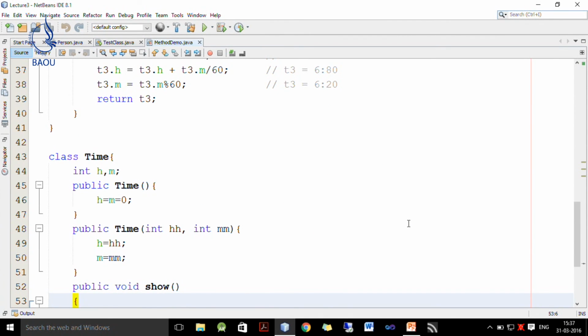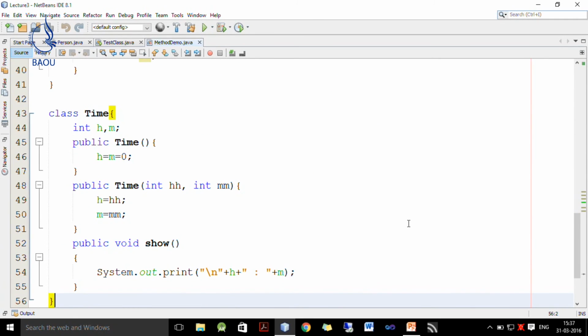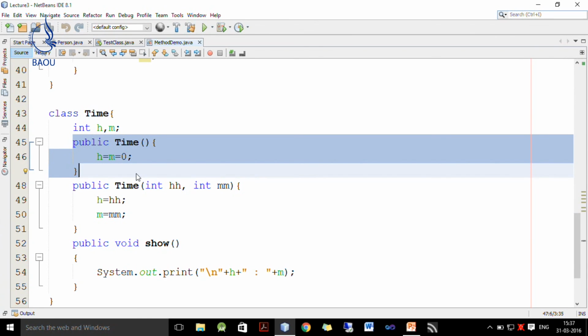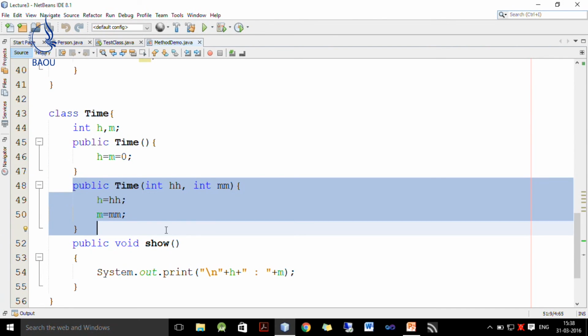Now, before we understand this method, we first want to discuss the Time class. So, here for the sake of simplicity, we have eliminated seconds, but you can also consider seconds for calculation, that is left as an exercise. Here I take only two variables which represent hours and minutes. So, it has two instance variables h and m which represent hours and minutes. This is our default constructor which initializes both hour and minute to 0, and then we have one parameterized constructor which initializes hour and minutes to the values specified.